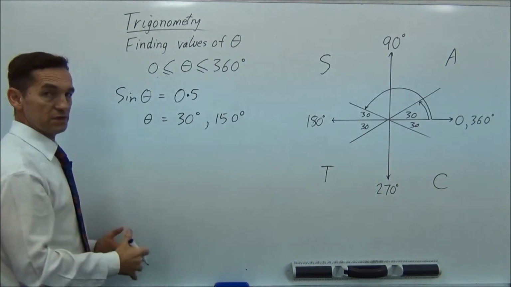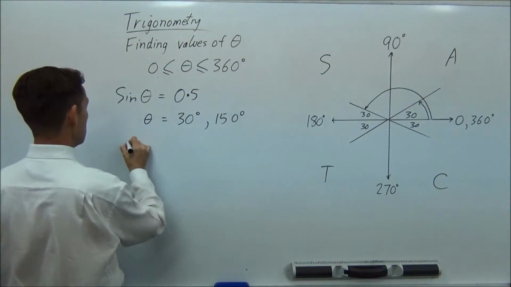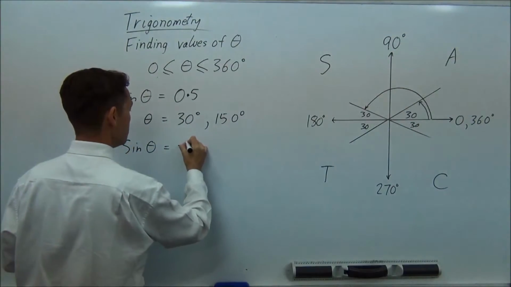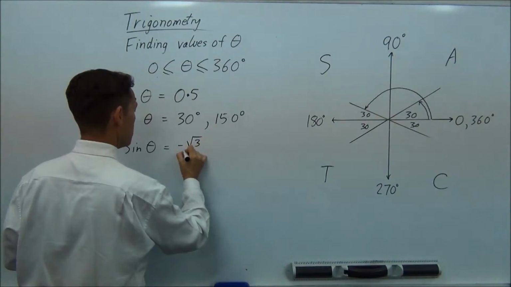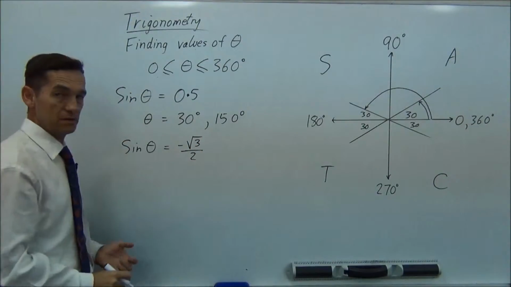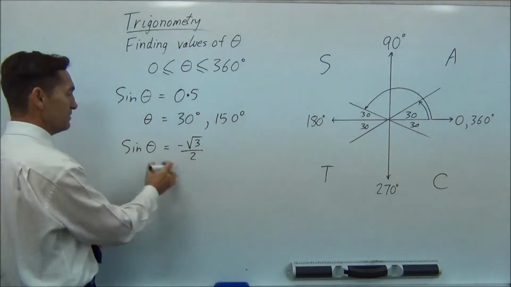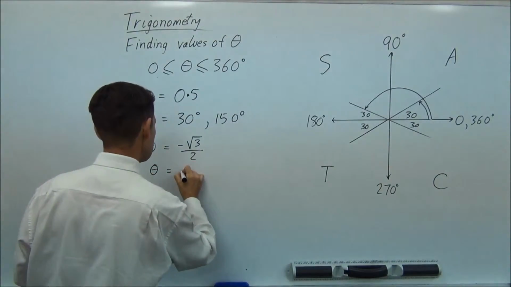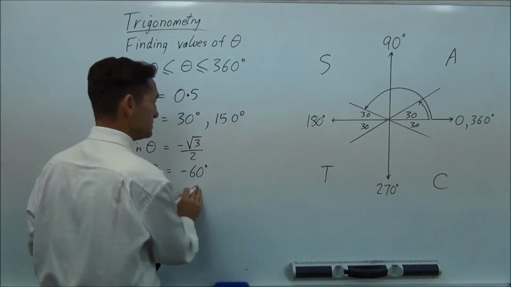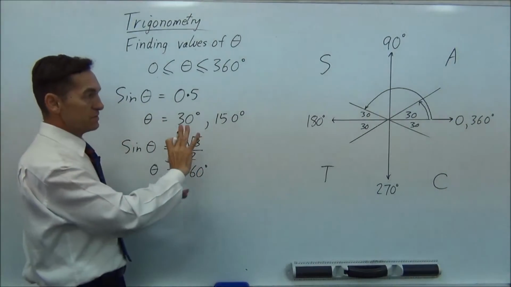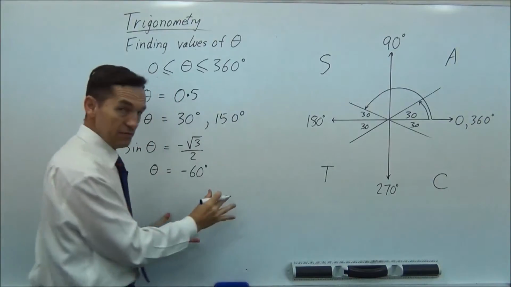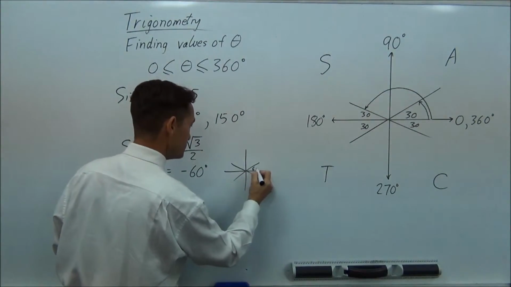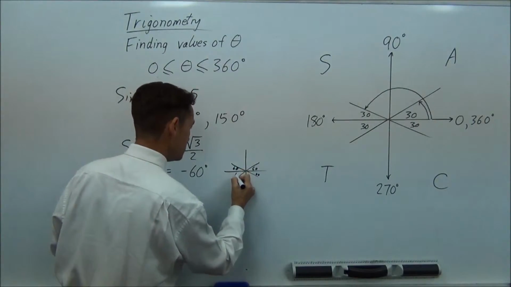Let's do another one. Let's suppose that sine is negative. So we get a question. Sine theta equals negative, and I'll just make up a different one, root 3 on 2. So again, shift sine on your calculator of this, and you end up with theta equals, what have we got, 60 minus 60, that's right. It's minus 60 degrees. So again, if you're in a test, you're quickly drawing your diagram, cross, cross, and you're writing 60, 60, 60, 60,